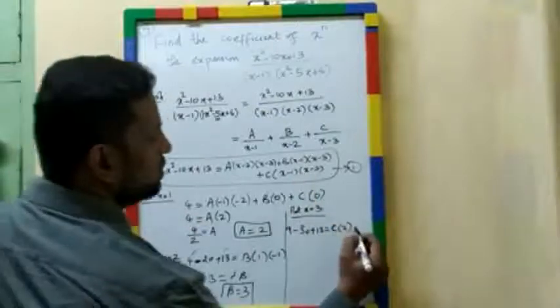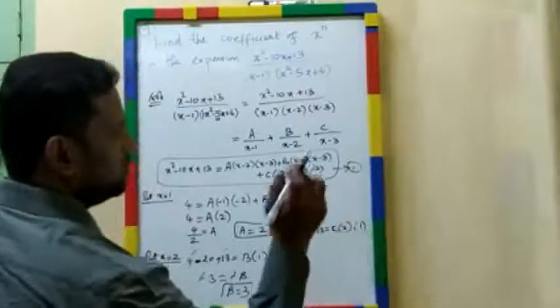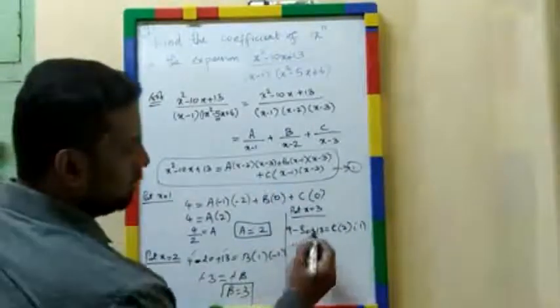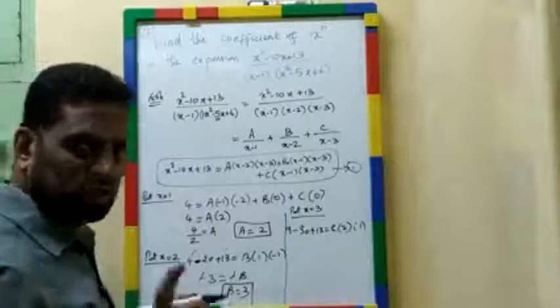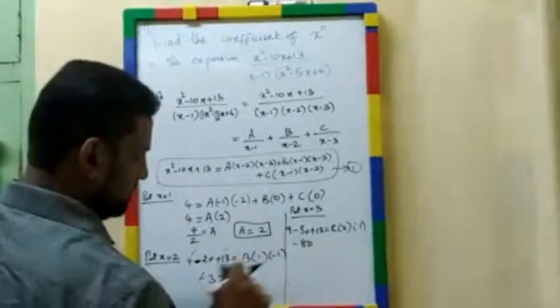3 minus 2 plus 1. Okay. 3 minus 2 plus 1, 3 minus 1, 2. Okay. Now 13 plus 9, 22. 22 minus 30, minus 8. Okay. Minus 8 equal to